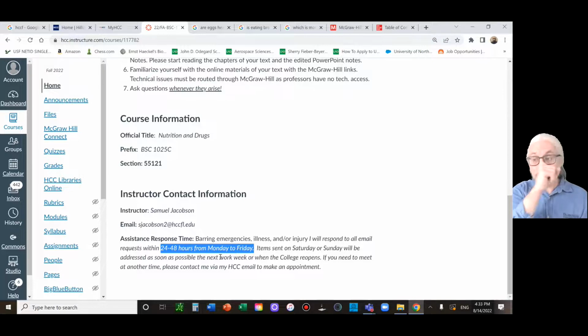So again, remember how email protocol works. And there are plenty of times, even with HCC servers, I never get the email. So if you go 24 to 48 hours, it's roughly 2 business days without a reply from me, I may never have gotten the email. That's happened more times than I could possibly tell you. Try again. Send me a message through Teams. I check that regularly too. There are ways to communicate. Try to telephone me. I have an office phone number as well.